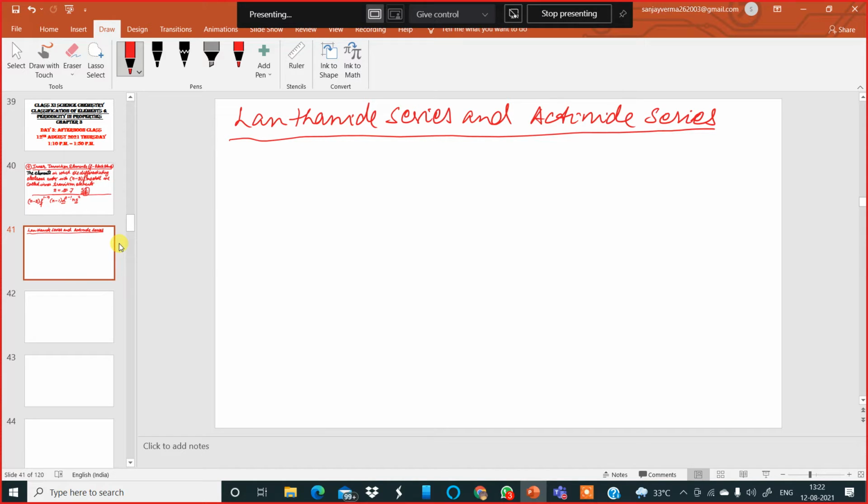The D block elements are called transition elements, but just below the D block, if the orbitals getting filled up are the f subshell, then that's why it is called inner transition elements. So the word inner is meant for F block elements only. Please keep that in mind. Now let us discuss the first series, which is called the lanthanoid series.